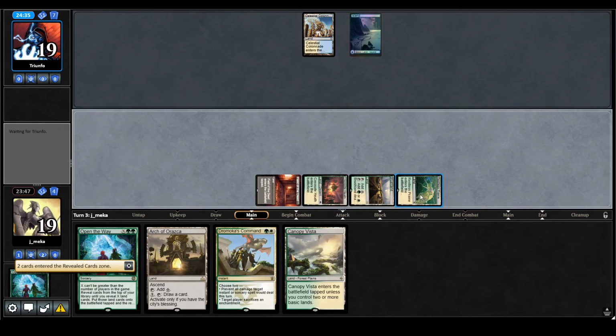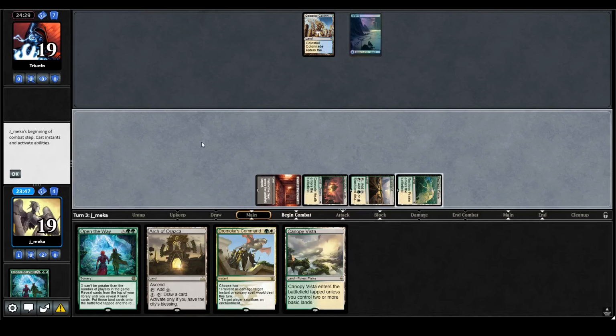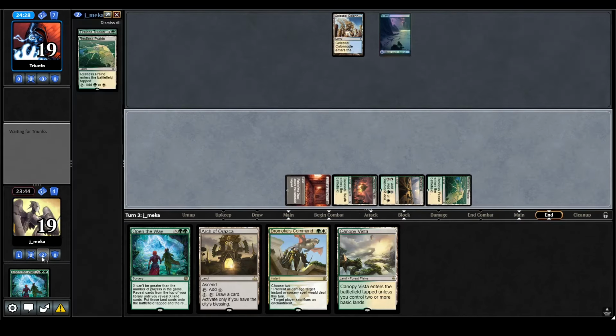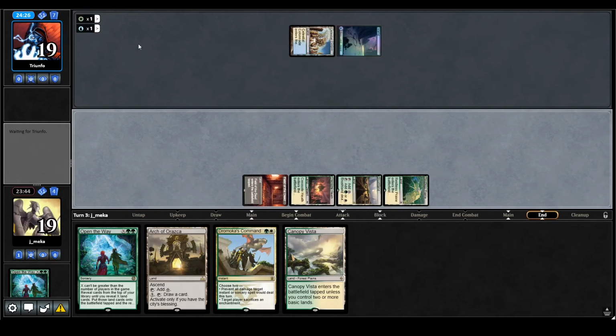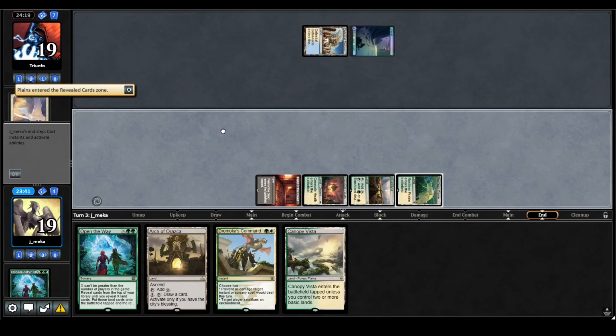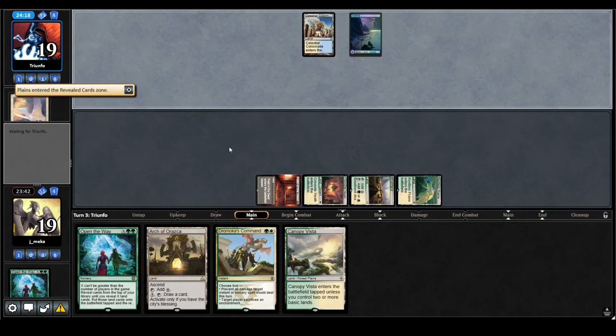Ooh, I found it, they gave it to me and I got a land. Well, of course I'm gonna get a land, but the Restless Prairie. Good. Okay. I remember the last time I played against a control style deck, Timeless Dragon actually just destroyed me. But I was also playing with Sylvan Library, so